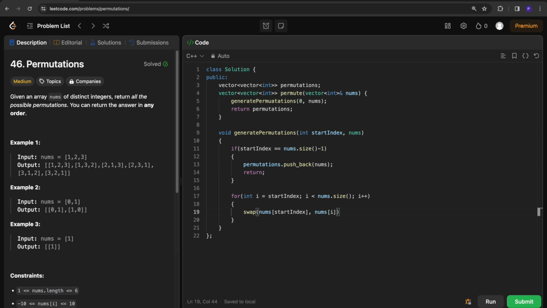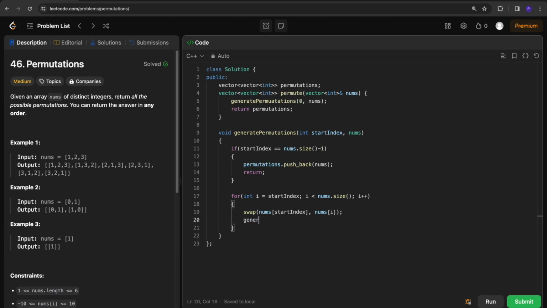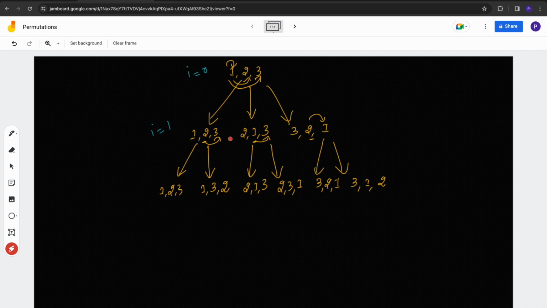After swapping, we are going to call this function recursively here, because once we swap we call this function recursively. So we will call generate permutations with, we need to increment start index because we have already swapped, and nums. And once all of these calls get completed in recursion,